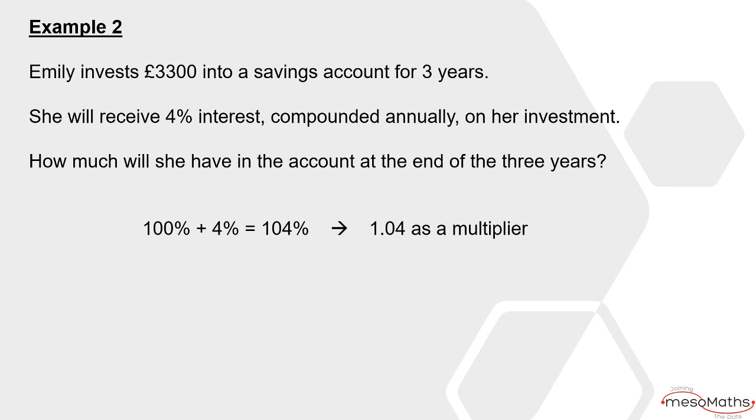So, first of all, work out your multiplier. The initial amount's 100%. You add on the 4%, gives you 104%, or 1.04 as a multiplier. Type the calculation into your calculator. 3,300 multiplied by 1.04 to the power of 3 gives you